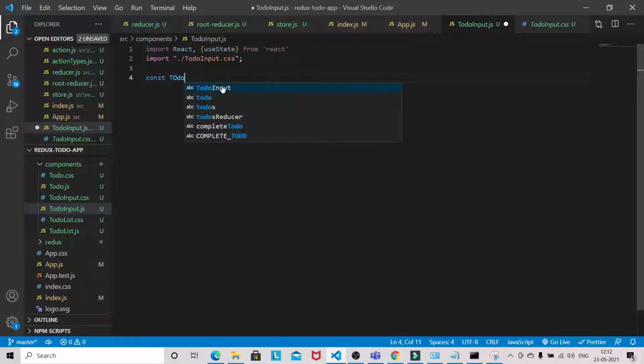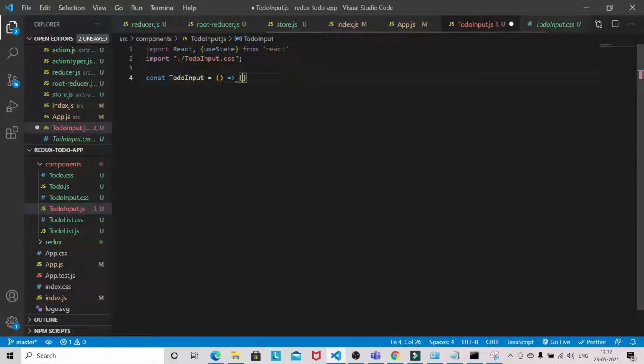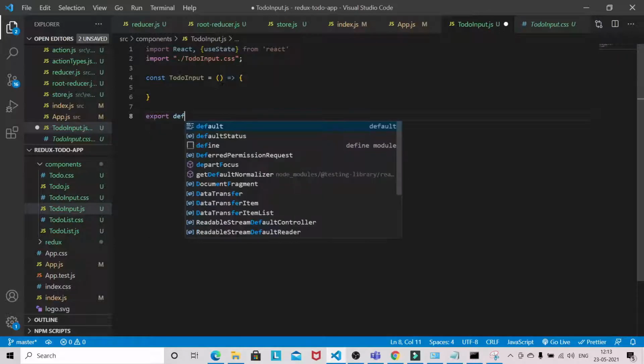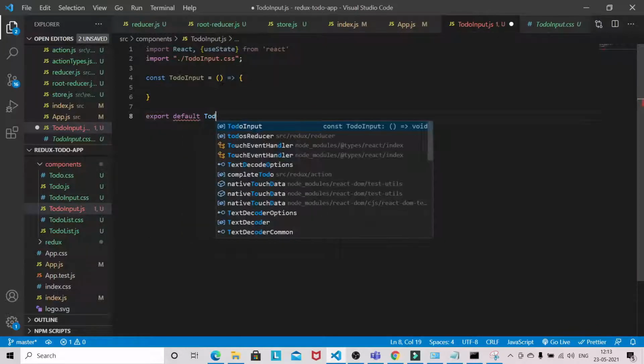Okay, const TodoInput, export default TodoInput.